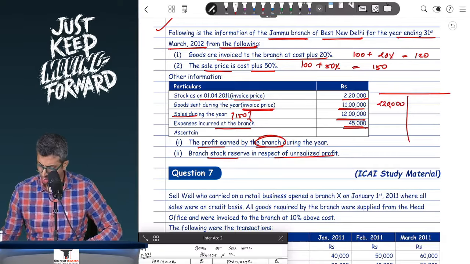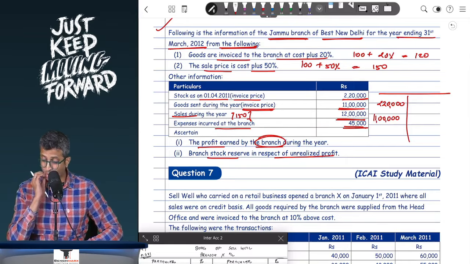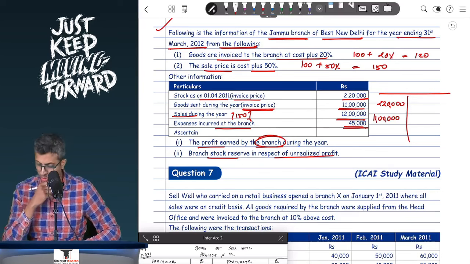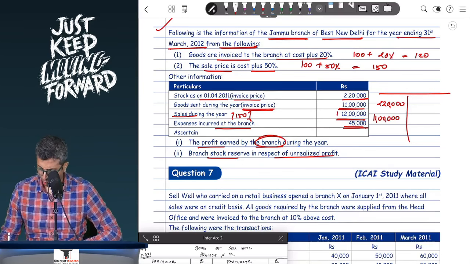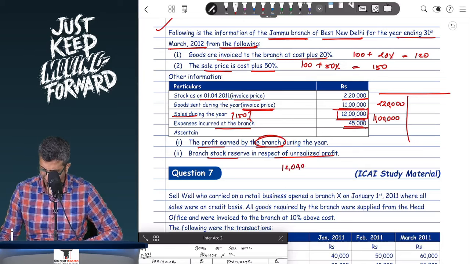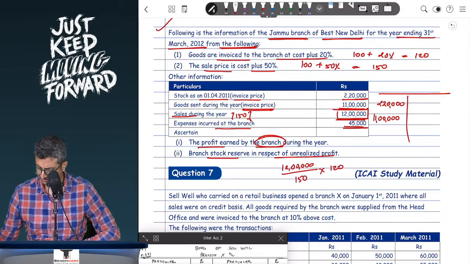Stock and goods sent during the year are 11 lakhs. Now the problem is I don't know the closing stock. But I know that the sales were 12 lakhs. Now if 12 lakhs is divided by 150 into 120,